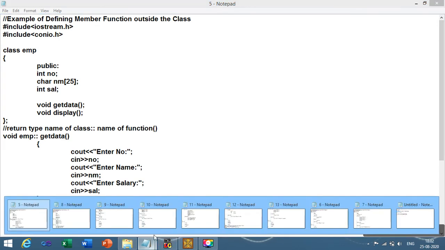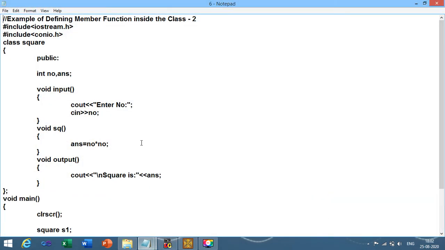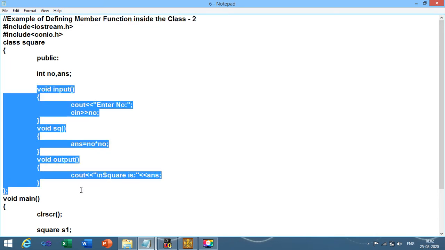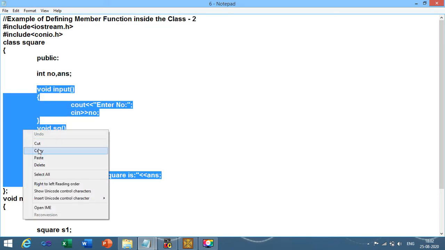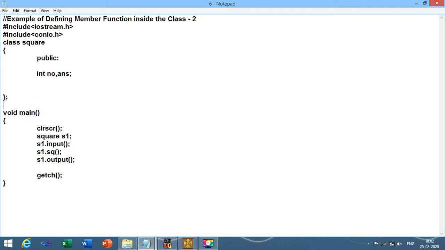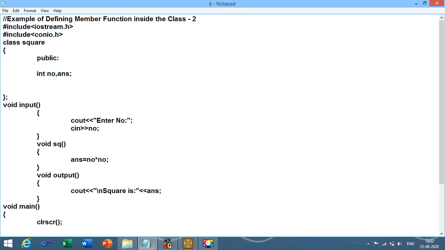Similarly, let us take our next program of member function inside the class, right? This is the program of square only. What we are going to do, we are just going to cut this program and paste it outside the class. Now what is the correction we need to make?